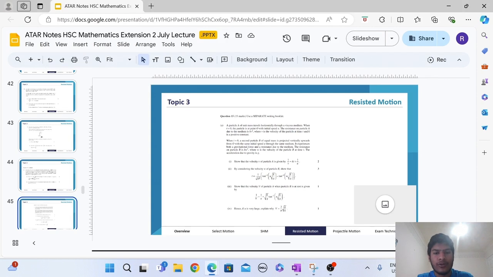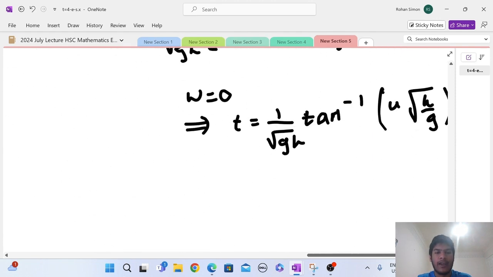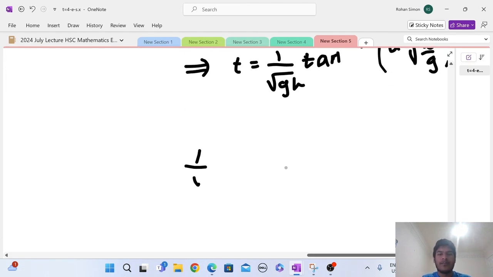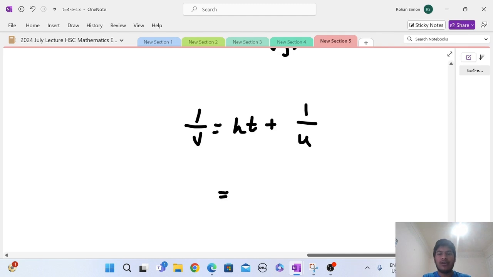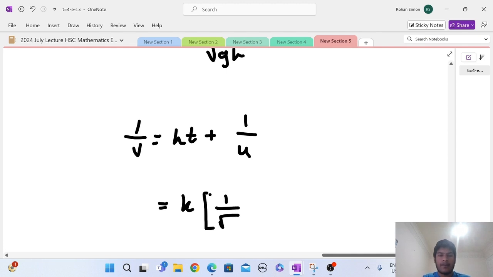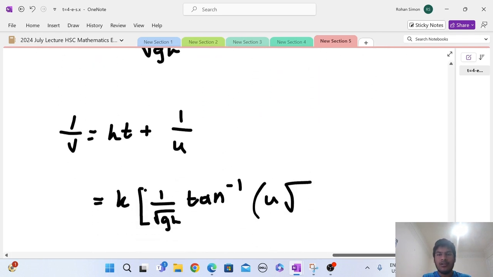And we're asked for the velocity of particle A when particle B is at rest. So we got the when, that is what time that occurs. Now we're looking for what is the velocity of particle A. Well, our velocity of particle A, we came up with an expression for that in part 1, which is 1 on V equals kt plus 1 on u. And so subbing in the t value that we just got, you get k times 1 on root gk, tan inverse of u times root k over g